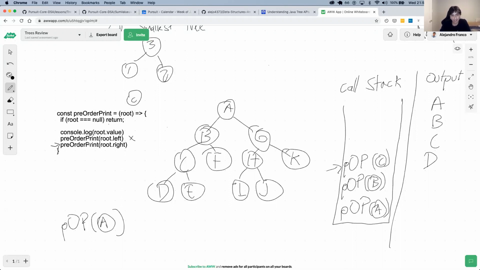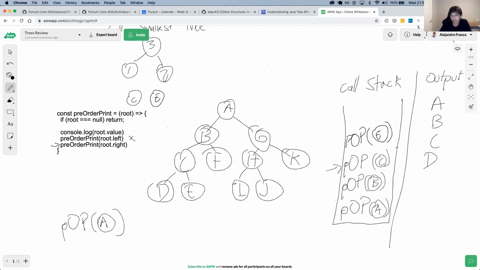What happens there is we finish with the left, we get to the line where we call pre-order print on the right of C. That adds that call to the stack with the right of C, which is E. Now the root is E in that context.